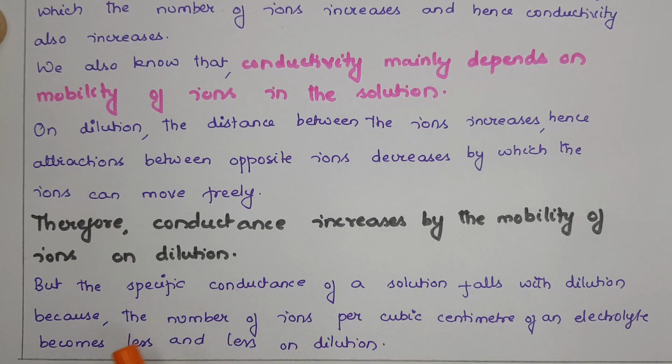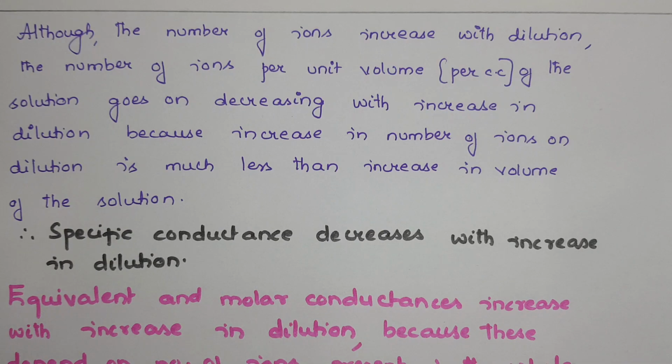This is the reason why specific conductance of a solution is decreasing with the dilution. Although the number of ions increase with dilution, the number of ions per cc of the solution, that means per unit volume of the solution, goes on decreasing with increase in dilution, because